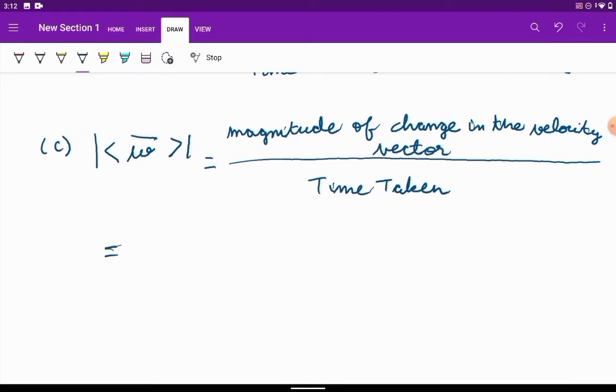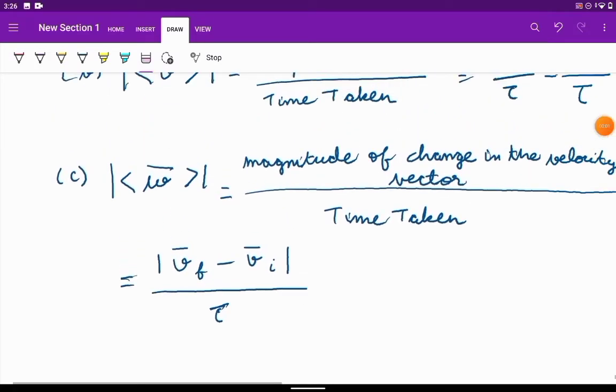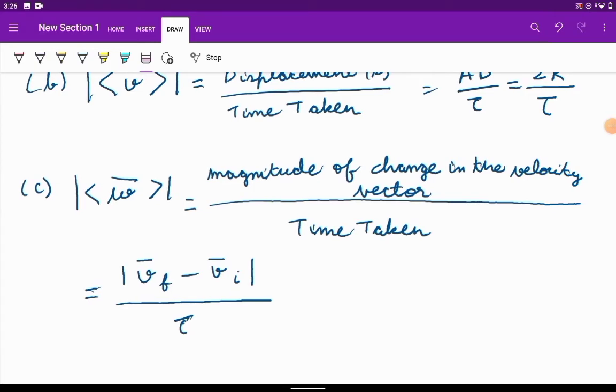So if I write it in terms of, let's say, final velocity represented by Vf and initial velocity represented by Vi, then I can write it as the modulus or magnitude of Vf minus Vi, divided by the time taken, which is tau, right? Okay, so now for the third part of the problem,